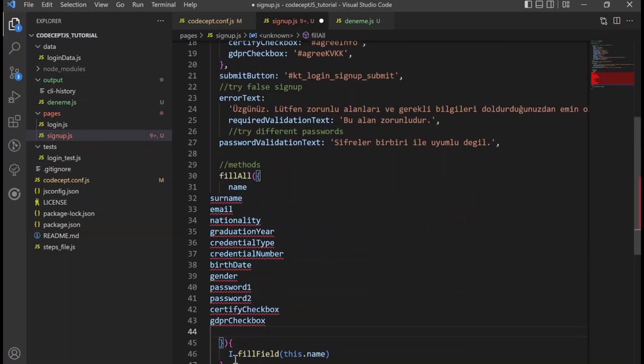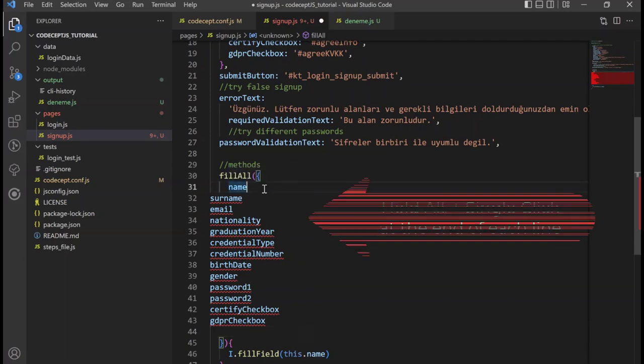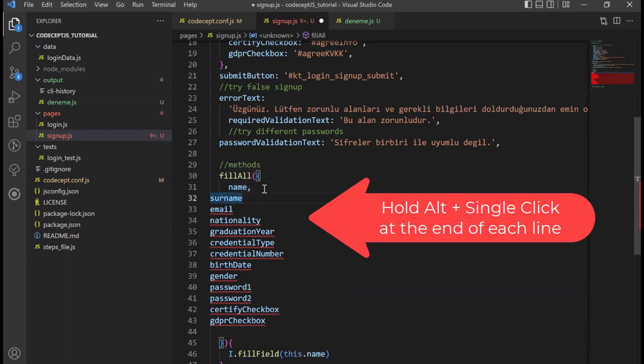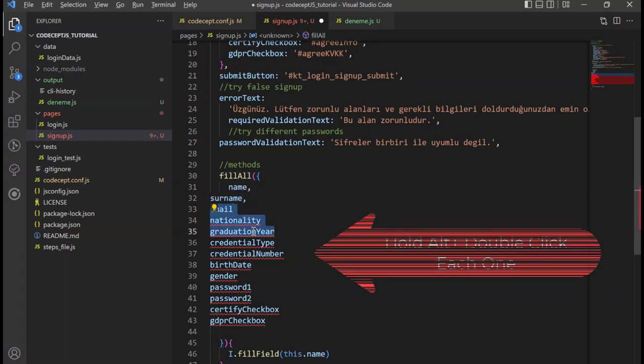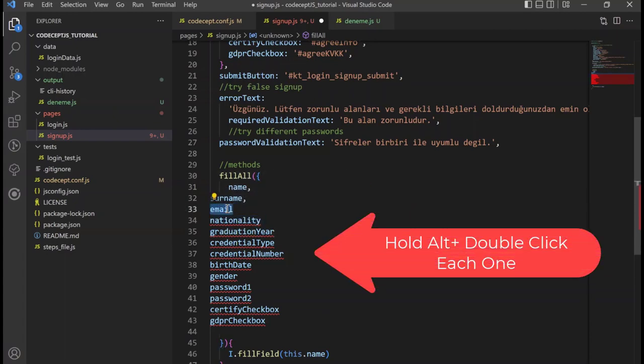Now we need to add a comma at the end of each line. Hold Alt and click to the end of each line. Or hold Alt and double-click on each parameter.